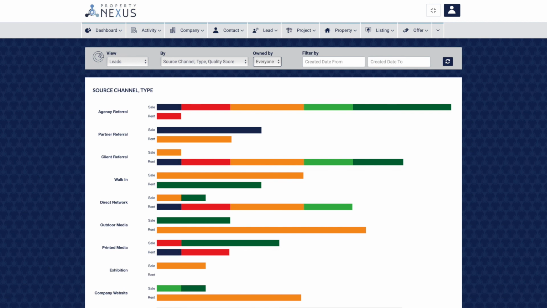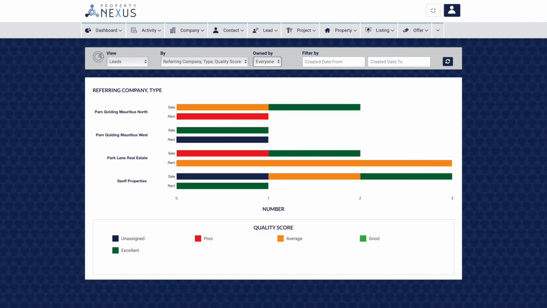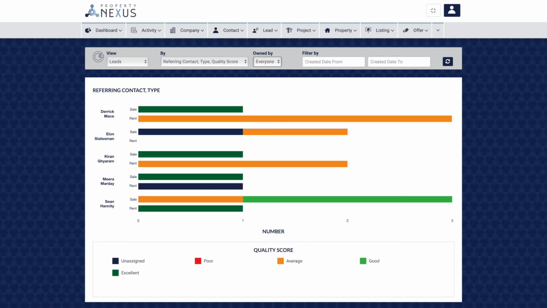have the correct profile. The referring company type quality score and referring contact type quality score reports are similar to the source channel type quality score report, except they show you the total number of sale and rent leads that have come from each referring company and referring contact respectively. This gives you a quick snapshot of how well each referring company and referring contact is performing, both in terms of quantity and quality of leads. These can be seen for leads owned by you, your team, or the whole company if you have the correct